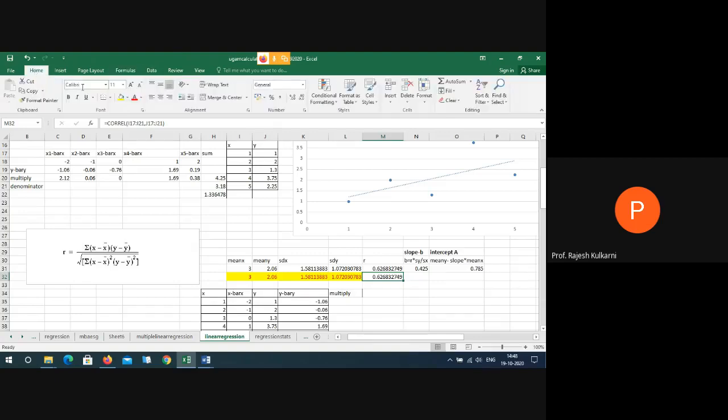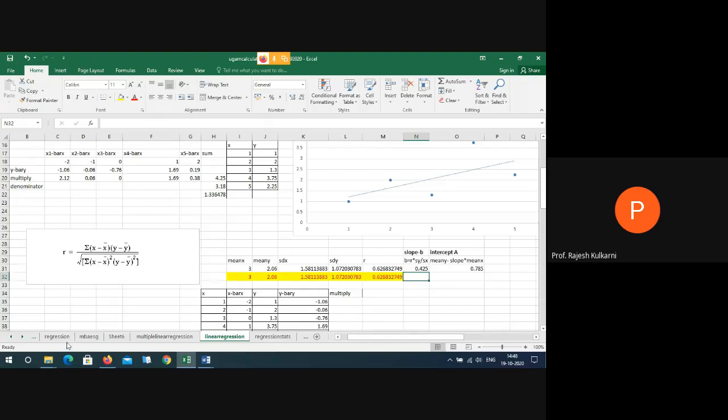So what is the answer I got? Anybody can tell me the answer which I got here for correlation coefficient? 0.626. Sir, 0.6. Excellent, excellent. So now we have mean of X, mean of Y, standard deviation of X, standard deviation of Y, and then correlation coefficient.